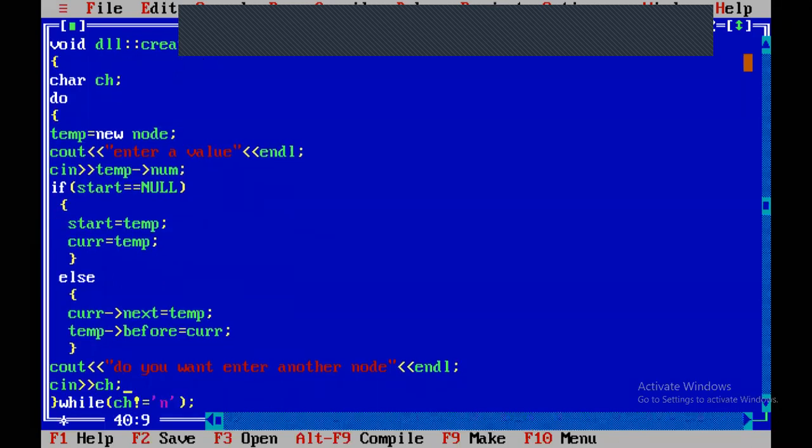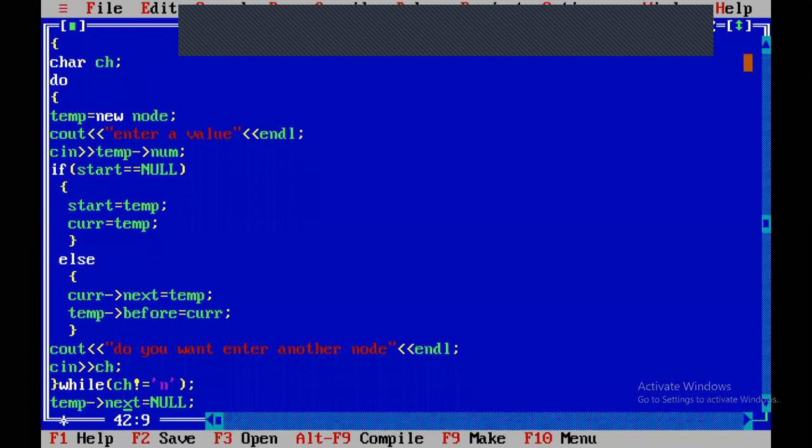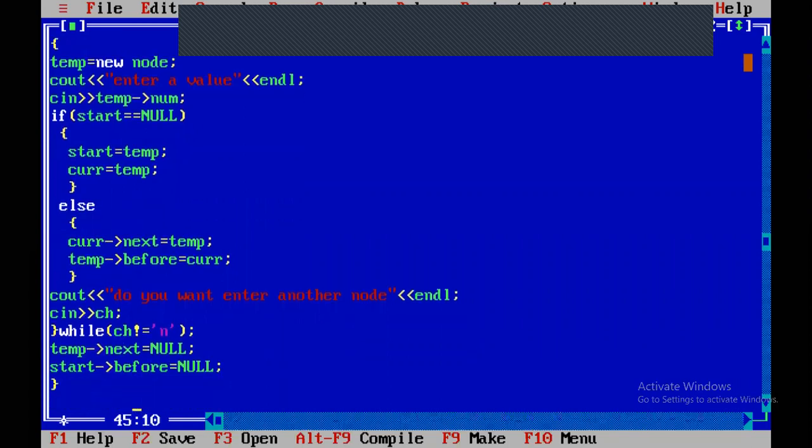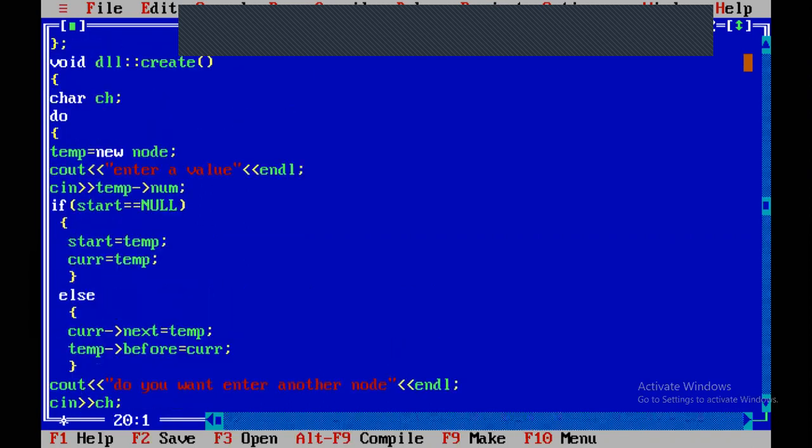Do you want to enter another node, cin ch? If you say yes, you go for another node. If you say no, we exit from the loop. Then you make the address of the last node, temp dot next equal to null. At the same time, the first node's before is also null. This is the creation of a double linked list.